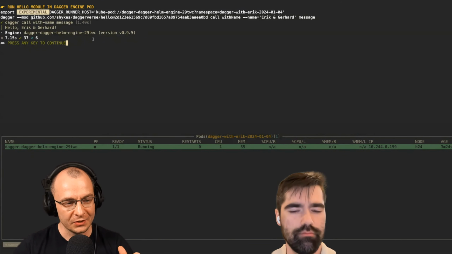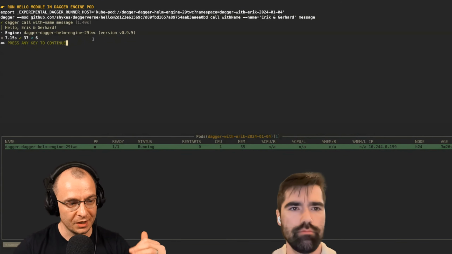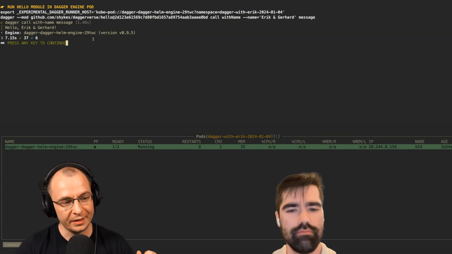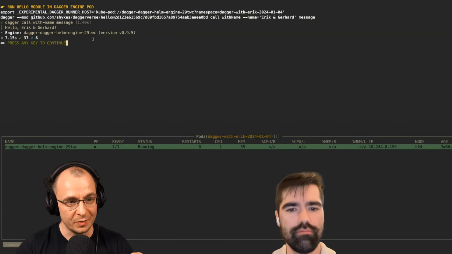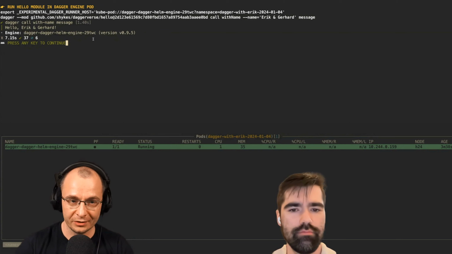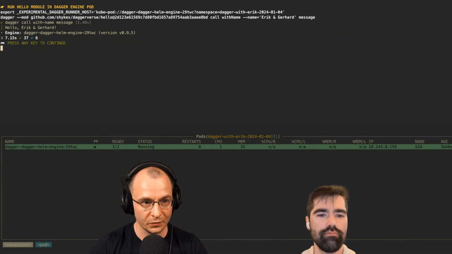Now this has been cached, so that's why it's a bit quicker. It was more interesting to talk about it rather than see it run. It's not that much slower if you run it for the first time, but FYI, if you run it for the first time, you can expect it to be slightly slower. Also depends on your internet connection. There's a couple of things there. Cool. So moving on.